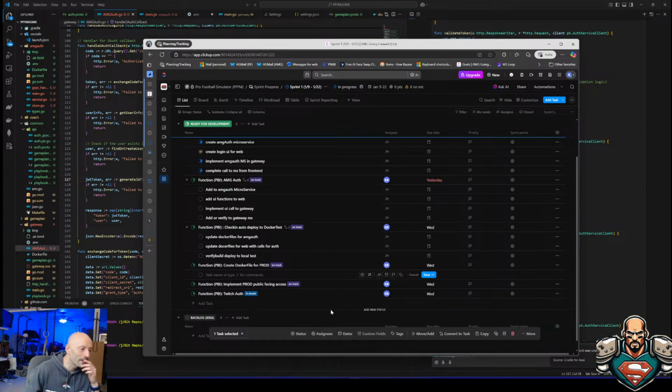Now, really, in order for this to work, I don't have CI/CD set up, and what I really don't want to do is go straight to prod. So I'm going to create the Docker file for prod, but I don't have the deployment to it, which means that's kind of a separate thing. I can create the Docker file for prod, which, by the way, might already exist. To some extent, it's going to be identical to test, right? But I've got to implement whatever the GitHub continuous delivery features are going to be. Yeah, I might have to add some stuff or even add a different thing.